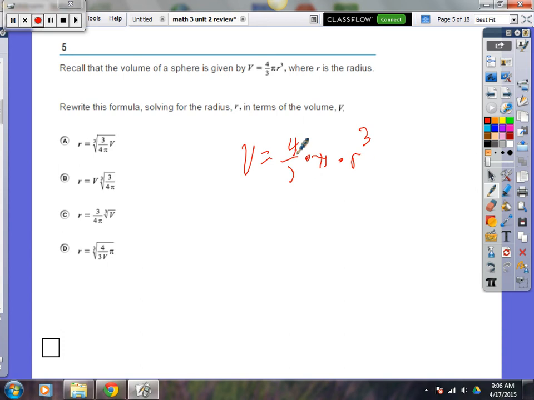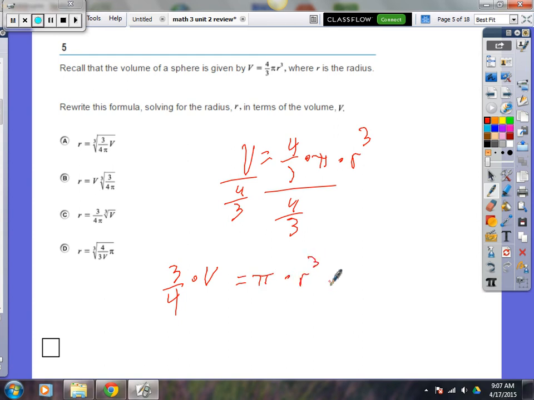So let's undo this 4/3. So I'm going to divide by 4/3. And if you divide by a fraction, that's the same as multiplying by the reciprocal. So if I multiply by the reciprocal, I'm going to have v times 3/4 equals pi